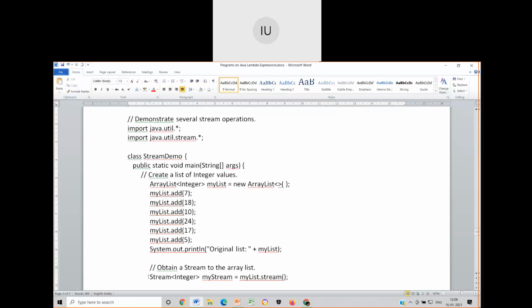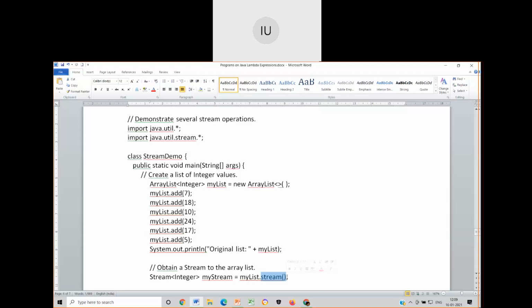So I will write like this: Stream, of what type, then the object with which that particular stream will be addressed in the future, equal to the name of the data collection dot function stream. What it does is convert normal data into a stream of data.